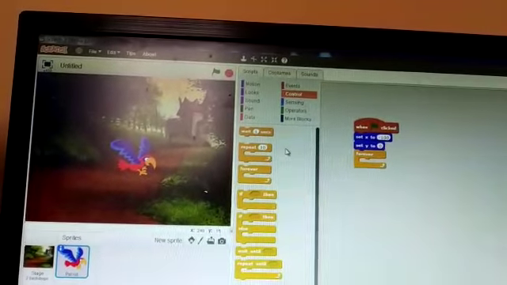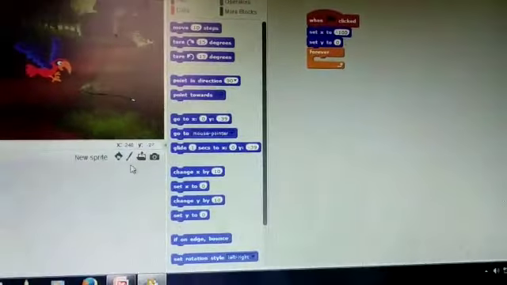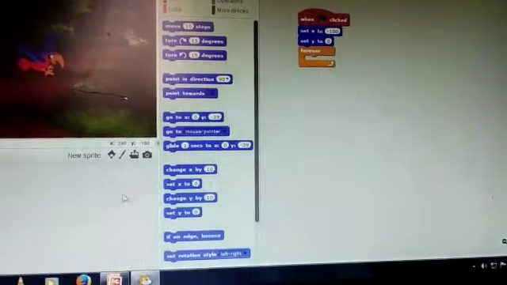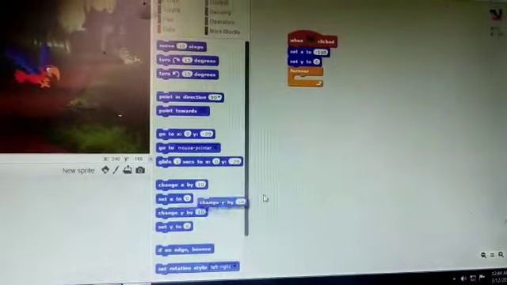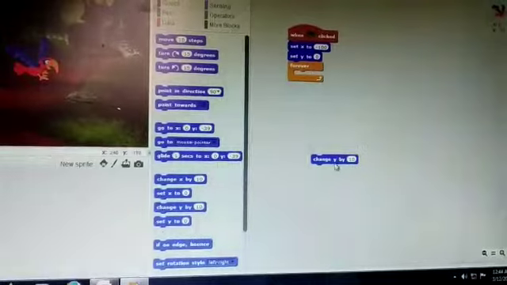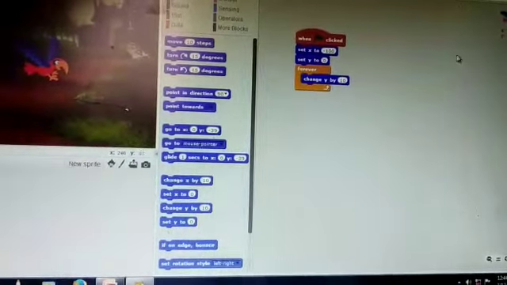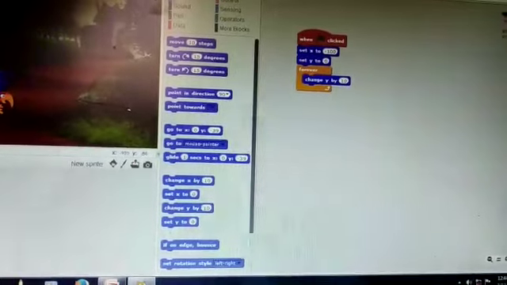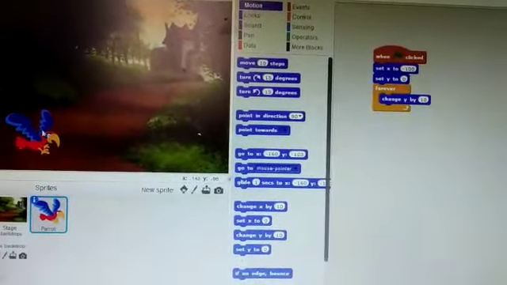Then go to this motion block and take change y by 10 here. Just drag and drop it. Set the positions also of this parrot.